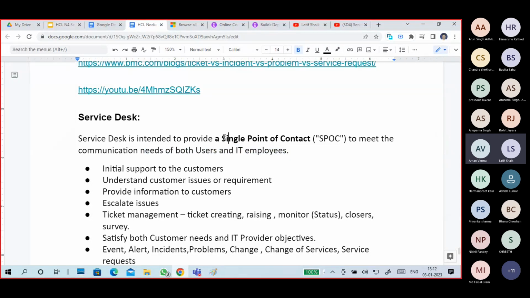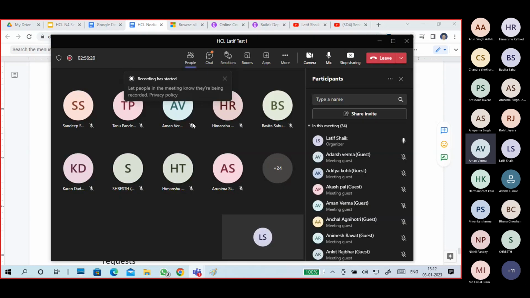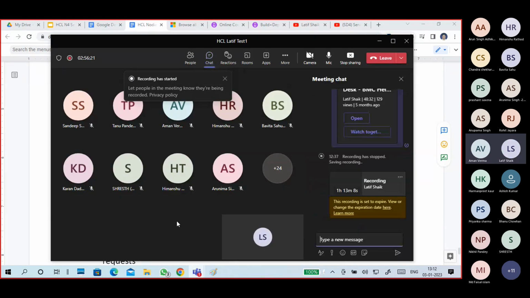If you tell it a little differently, no problem, but this word is important. SPOC is important: a single point of contact between the user or client and our IT employees or service support. Yesterday I gave an example.